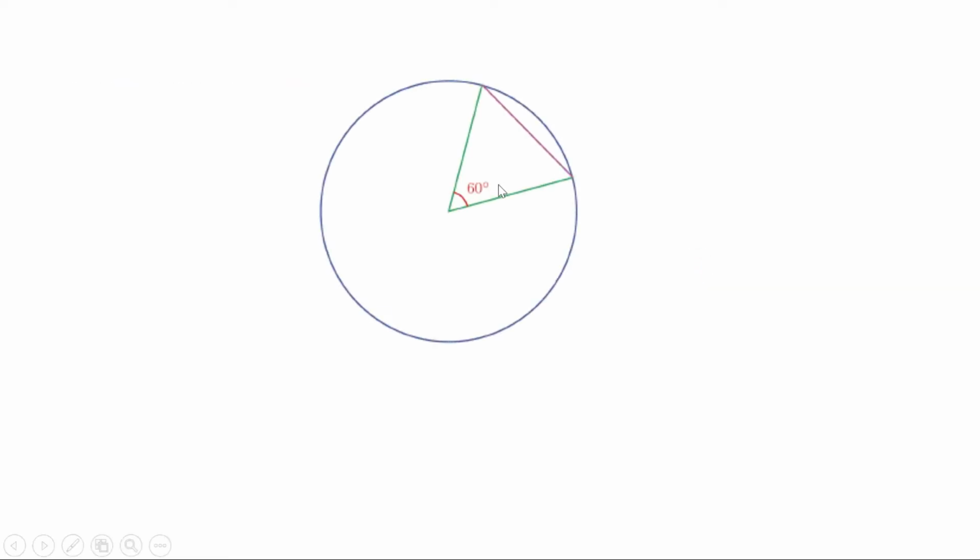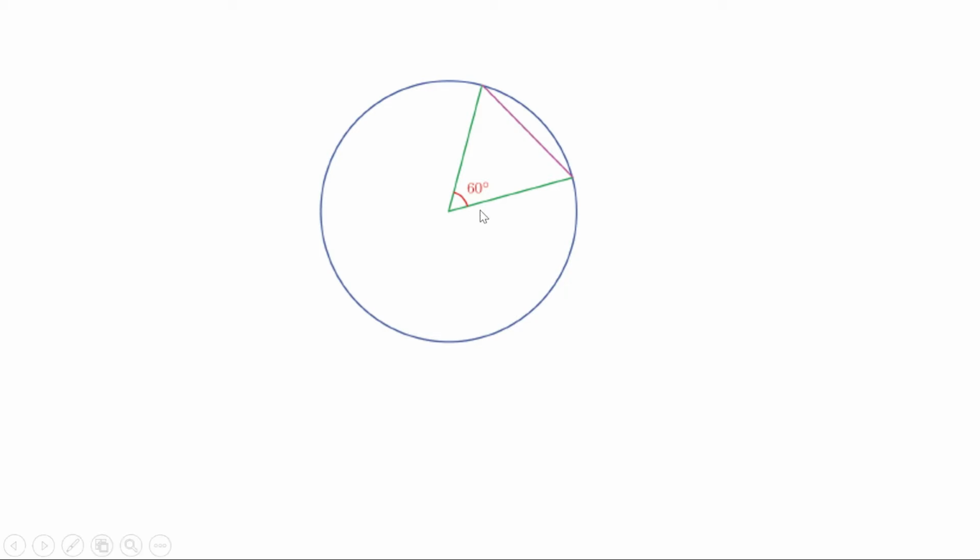Today, we are going to discuss the next section, triangle and circle. We know as the central angle increases, the arc length also increases. If the central angle is given, we can exactly find the arc length using the equation x by 360 into 2 pi r, where x is the central angle. That means the length of an arc can be computed from its central angle.